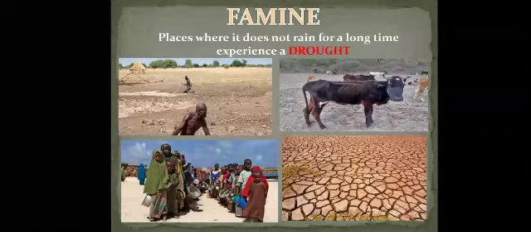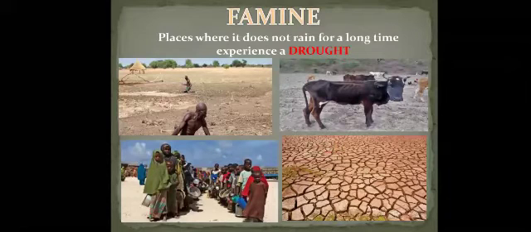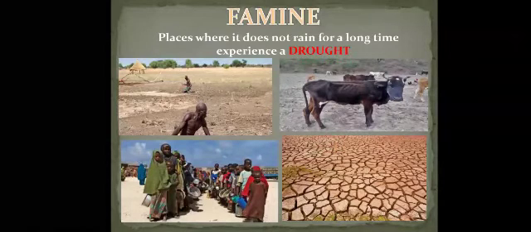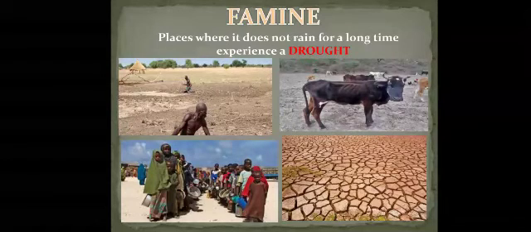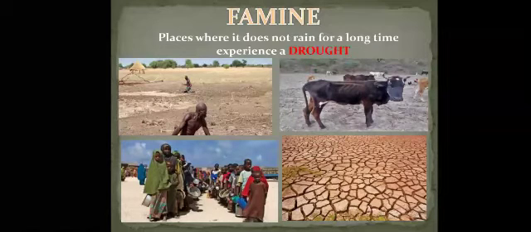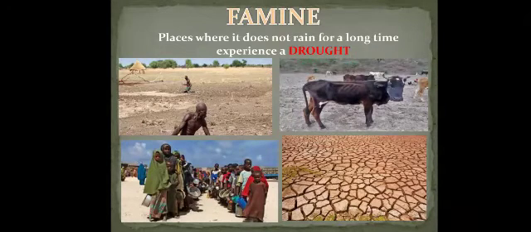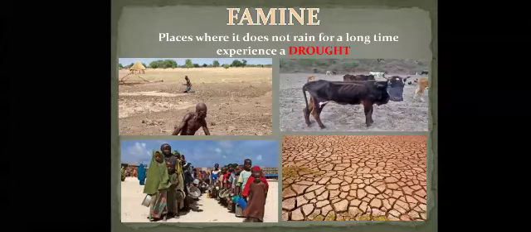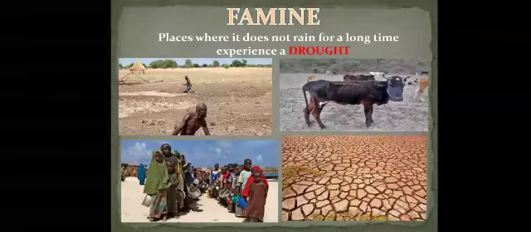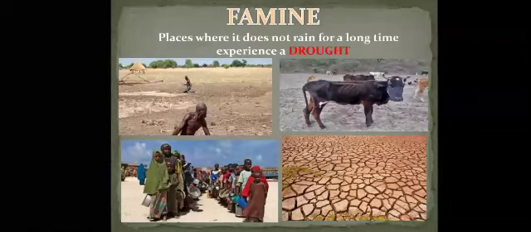So as you can see in the picture over here, the land is fully dried up. And this is just because there is no rain, plus there is no water in the ground. So the groundwater level has also gone very low. Also humans and animals suffer from the scarcity of water. As we all know, water is very important in our day-to-day life, and if there is no water, humans and animals suffer a lot. Also, there is no water for agriculture, and this condition is called famine.